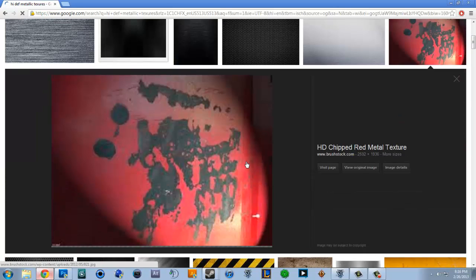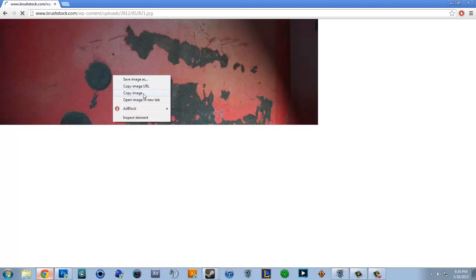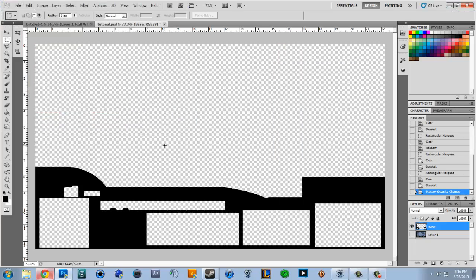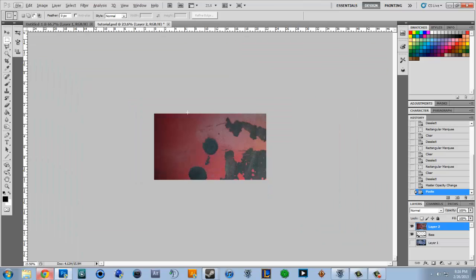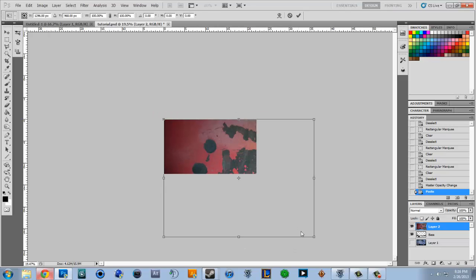Let's say, for example, could we use this one? Why not? So we'll right click, copy image, go back to Photoshop, press Control V to, oh, this is a huge file. Control V to paste it in there,